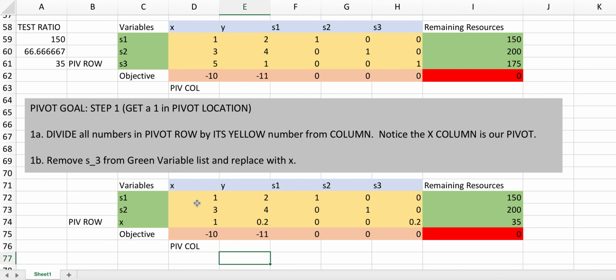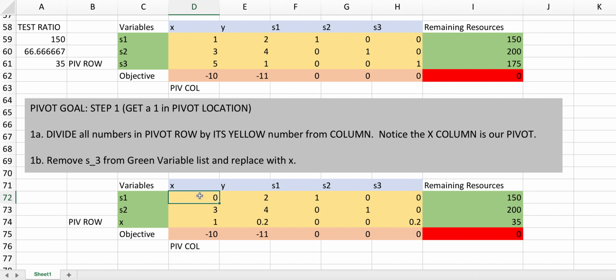So now what do I want to do? I need to take this number 1, and to make it 0, I'm going to use our pivot position. So 1 minus this 1. What I'm really going to do is say this cell is equal to what it was originally, minus 1, which I don't have to type, times the new pivot row, which is already a 1. So I'm just subtracting 1 minus 1, and that'll give me a 0